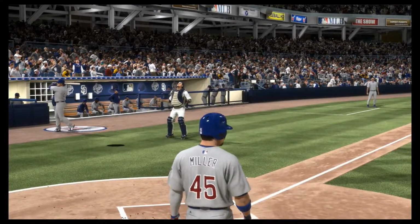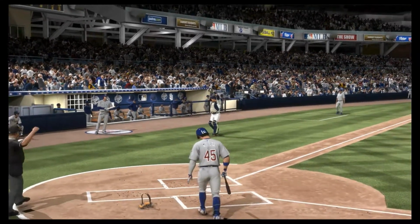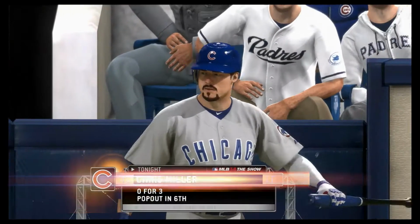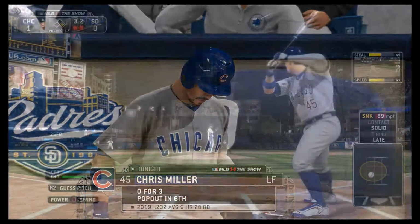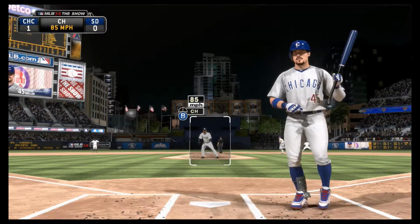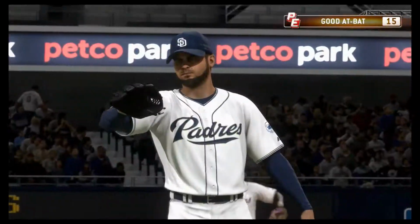Here's a swing and a high pop-up. Drifting into foul territory now toward the third base dugout. Chris Miller. Full count offering on its way. And a good at-bat that time as he lays off for ball 4. And as a result...